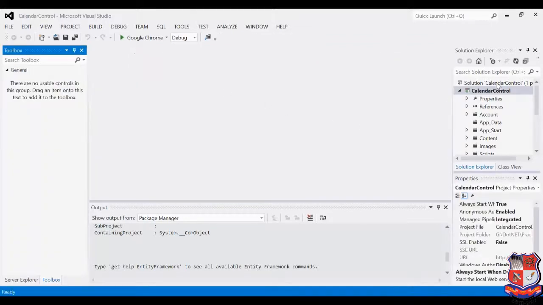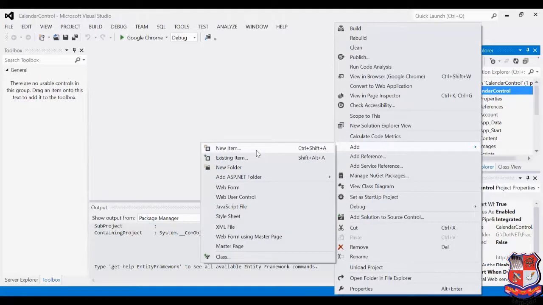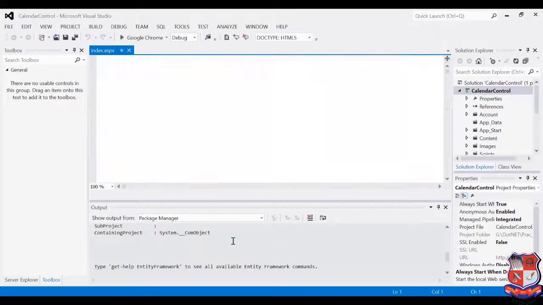I'm closing it and adding a new web form into our project. For that I go to Solution Explorer, right click on the project name, go to Add, and then add a new item. Select web form from here and give an appropriate name. For example, I am giving the name index.aspx and adding it.